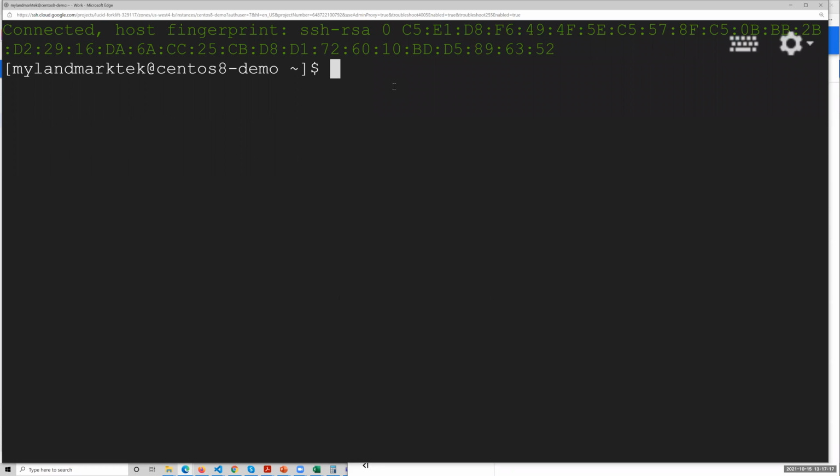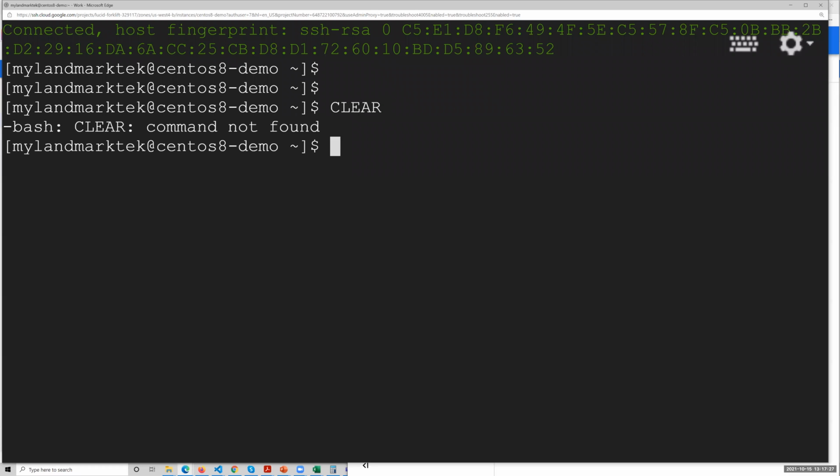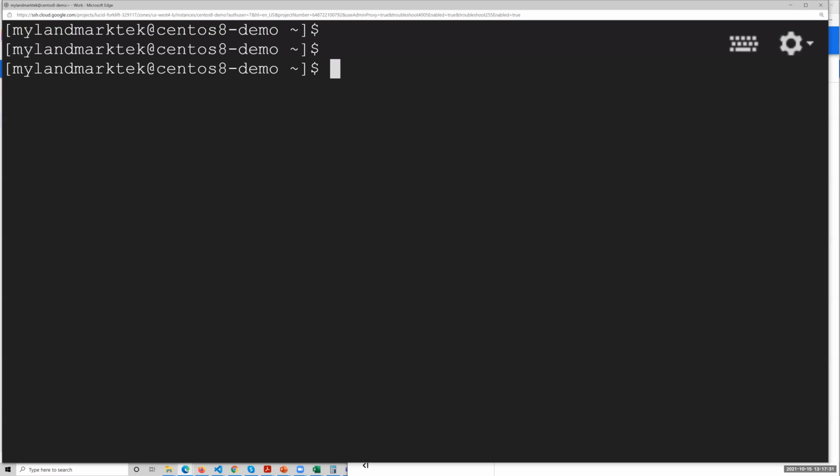So this is the server that we created. My email address is my landmark tech. So I am in this server. You see, we have connected to this server. So now this is my server